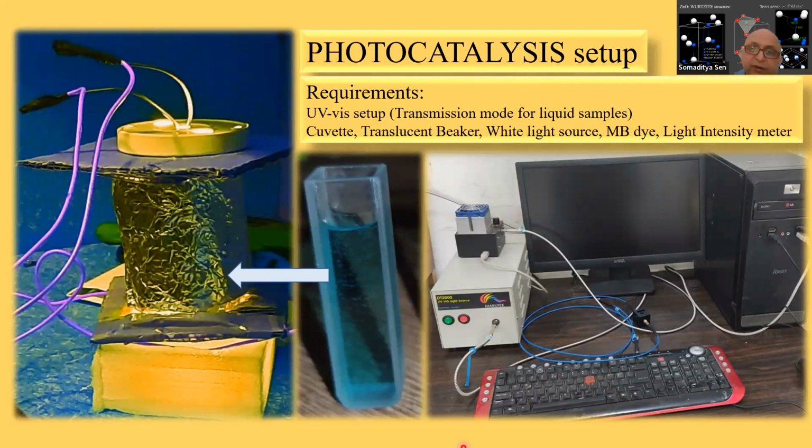Apart from that, we do a little bit of photocatalysis. This is a homemade photocatalysis setup. We use the same UV visible spectroscope to do this type of experiment. There is a source, there's a container which contains the dye. Dye degradation has become a very important